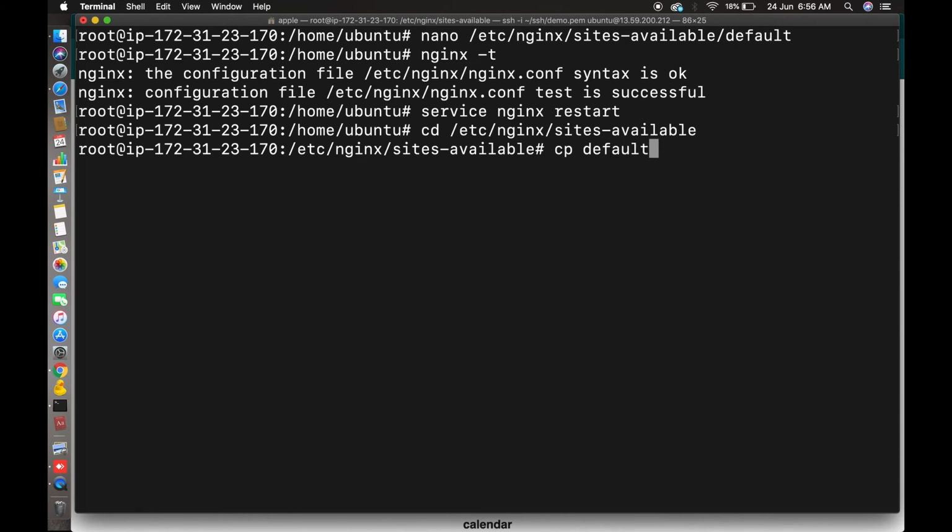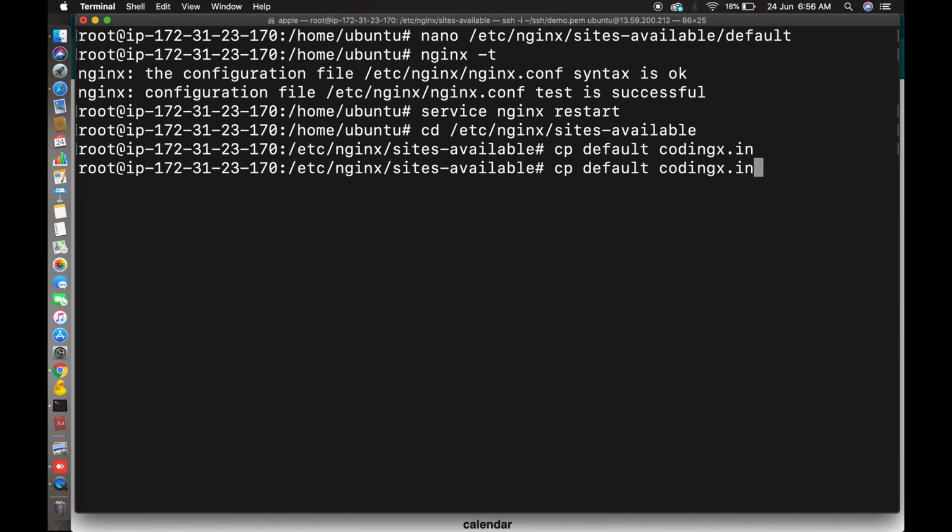Let's do it. cp default, this is your default configuration file, then codingx.in. My domain is codingx.in; you can use your own domain name. So it's now copied. Now we'll edit this file with nano, codingx.in, so the configuration is available for your domain.